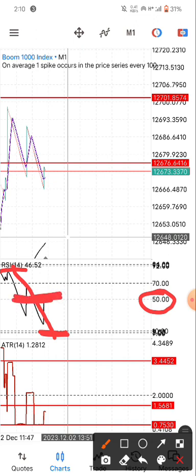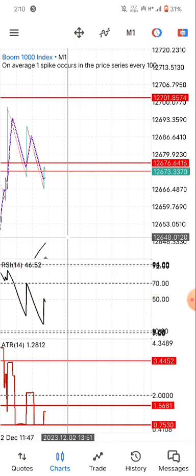Take a profit. If you go for a sell, take a profit here. Immediately it reaches this particular point again, go for a buy. Take your profit at this particular point. As simple as that. Then wait until it reaches here. When it reaches here again, go for a sell. Take a profit at this particular point again. So these are ways you can manage your signals using the indicator strategy,